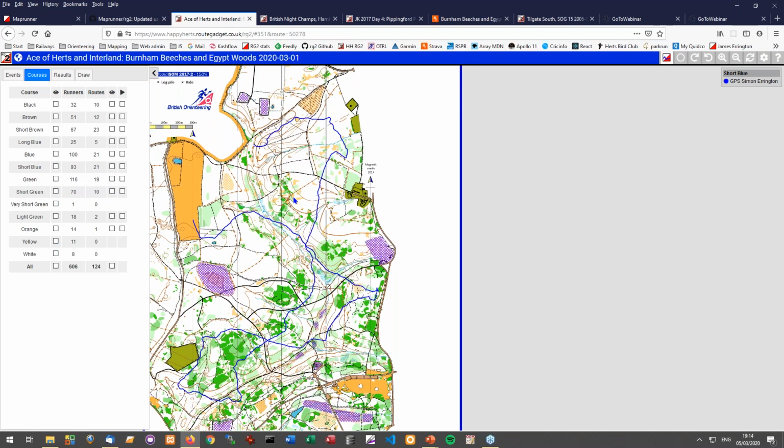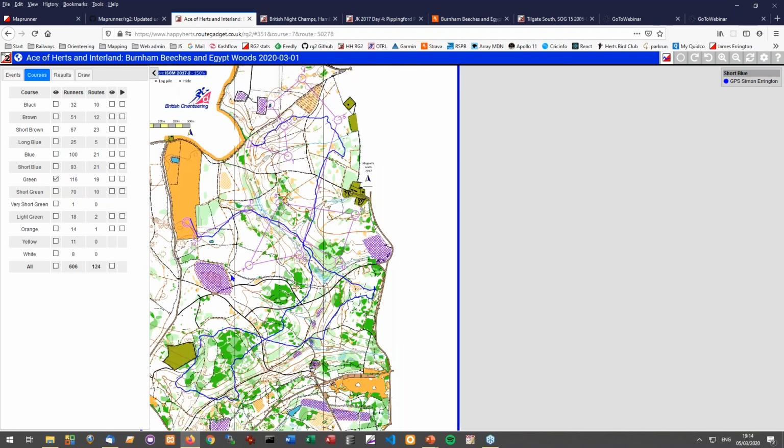One of the discussions I was having with the planner of this event at the weekend was, he said his least favourite course was, I think, the green. And the reason we worked out is that the green is the one that was constrained by this fence. So all the longer courses went south of that fence into Burnham Hedges and the north, and that's the reason you had the problem. And it allows you to see things like that, and you can see how the planners worked out, oh, I've got to fit a course in this area, if you're ever looking at that sort of thing.